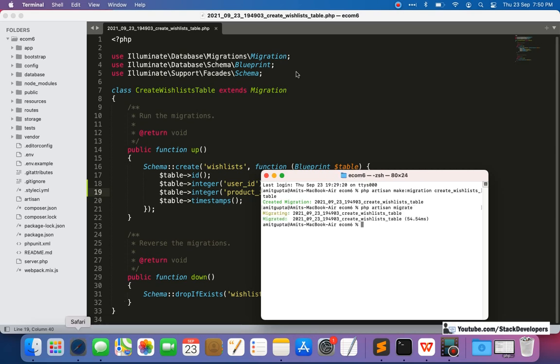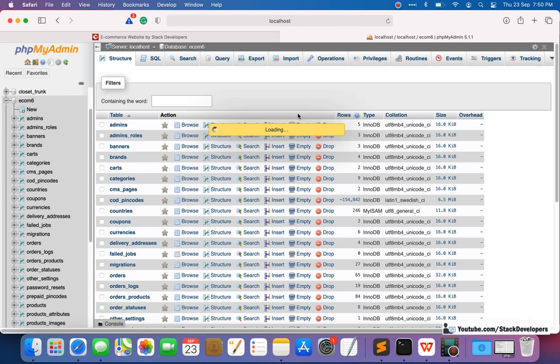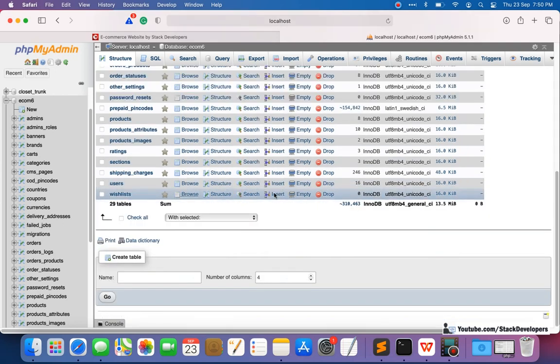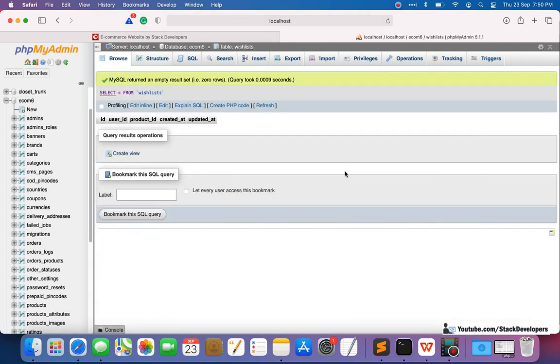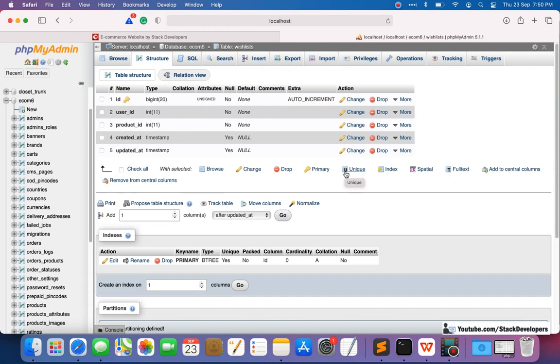So the wish list table has been created. We are going to check here. I am going to refresh and see that the wish list table has been created. You can see the wish list table has only 5 columns: ID, user ID, product ID, created at, and updated